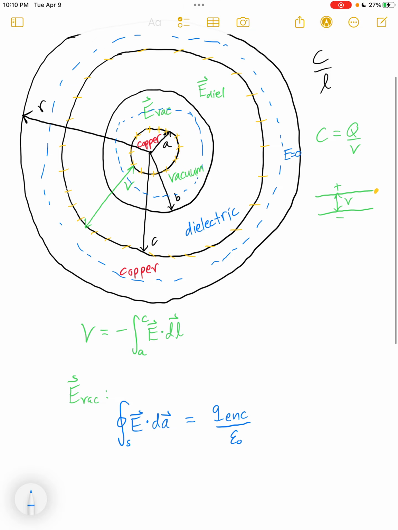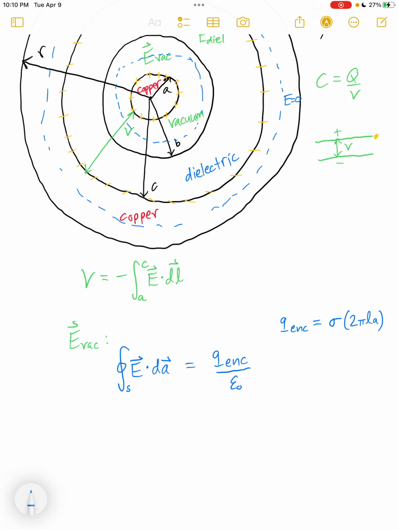In this case, Q enclosed is the charge on the surface of the copper wire. We know that this Q enclosed will be equal to the surface charge density of the copper wire times the area of the copper wire,